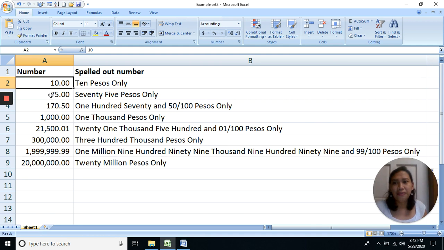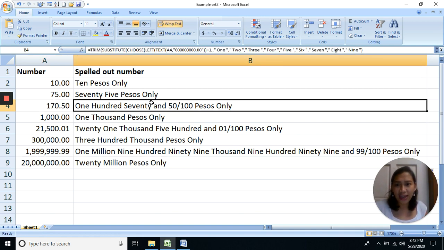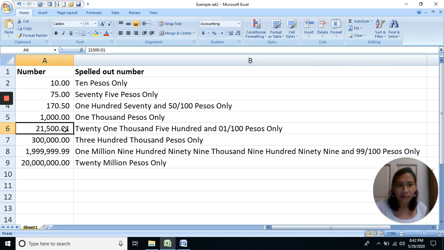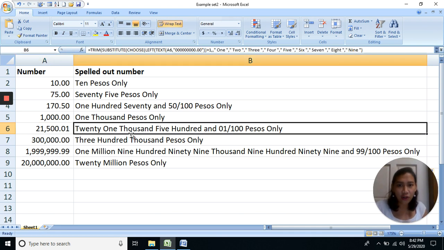So we have here 75 pesos only, 170 point 50 over 100 pesos. And here we have another decimal centavos, 21,500 and 01 over 100 pesos only. So that's how it works, by simply copying the formula to your cell. So comparing this example from the first example,